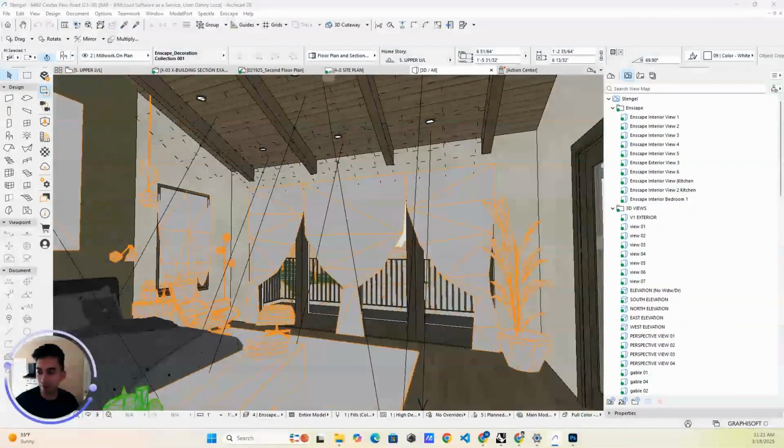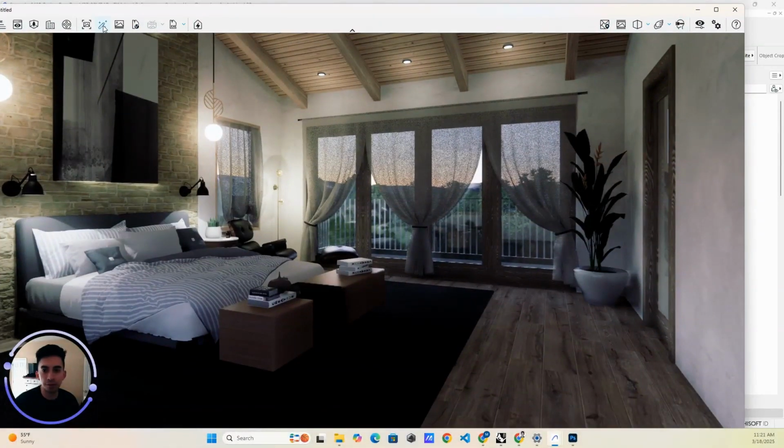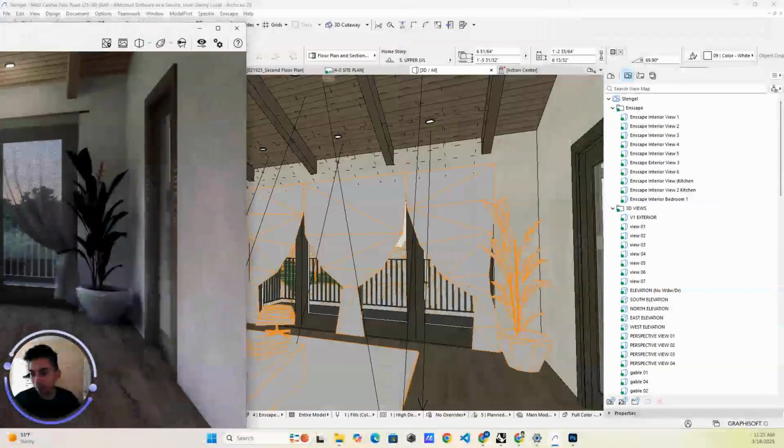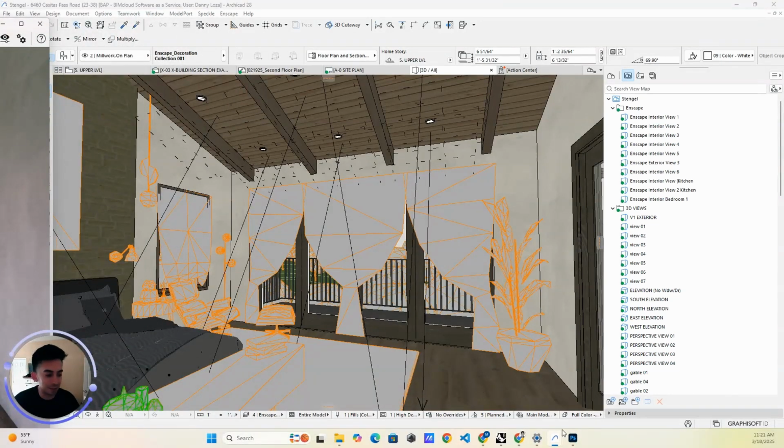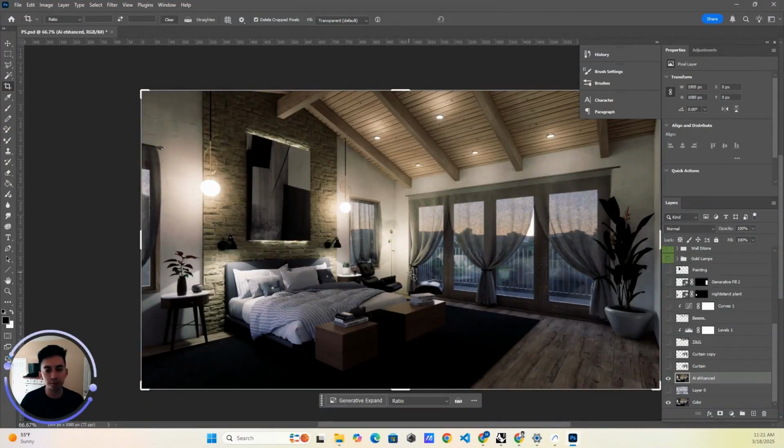And just so I can show you, I don't know if you are an Enscape user, but here you have this magic tool that says AI Enhancer, and once you click on it, it will automatically upload that to the cloud and it will enhance the rendering. It really is just a way of enhancing it. It doesn't do anything major, it just sharpens. I think it works better if you have people in there, it will change their faces to something more realistic. But I start with these three renderings, and after that I pretty much start using